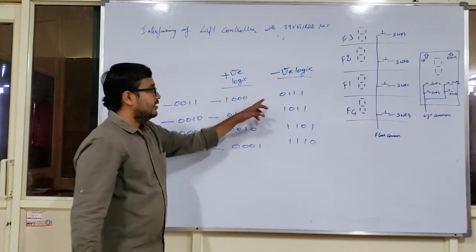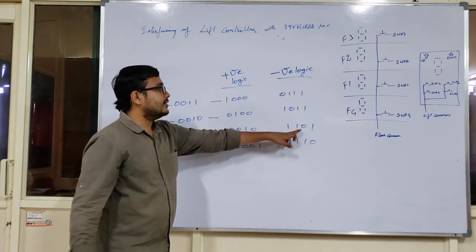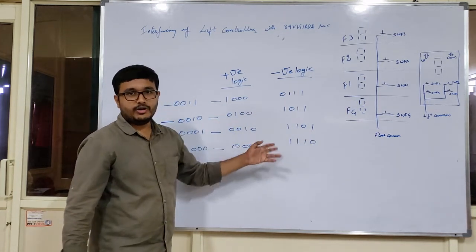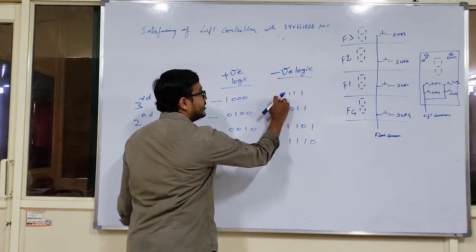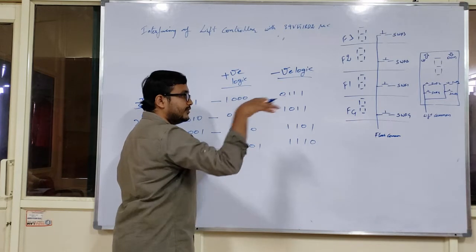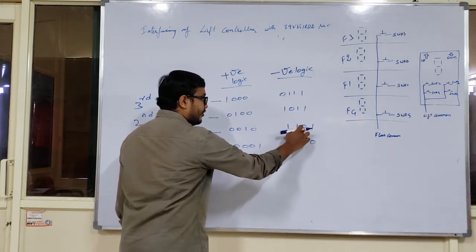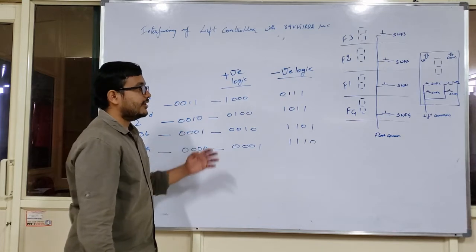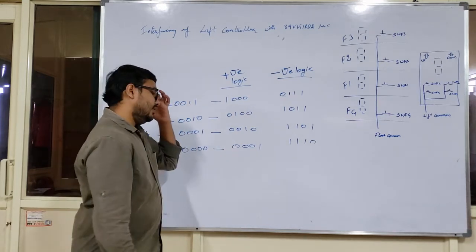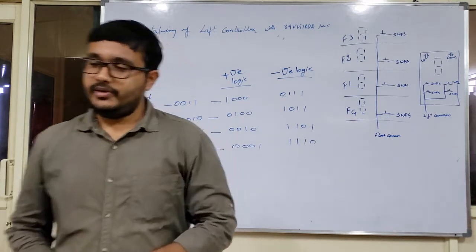So 0 is the utmost priority among the bits. If the 0 is found at the third position, that means I want to move to the third floor, and likewise the second floor, first floor as well as the 0th floor. This logic I am going to use for the push buttons. Now let us start the programming.